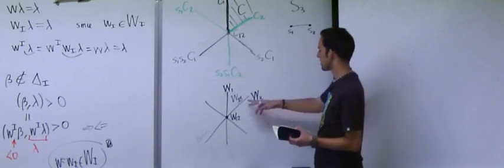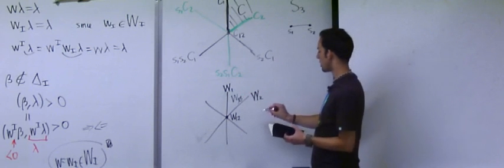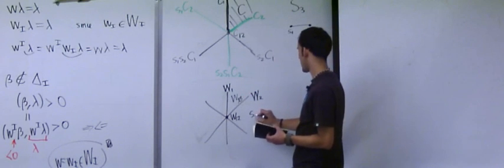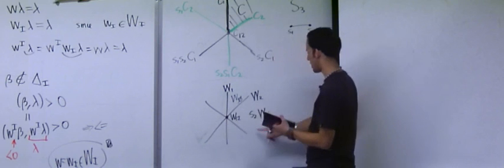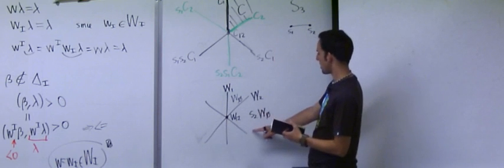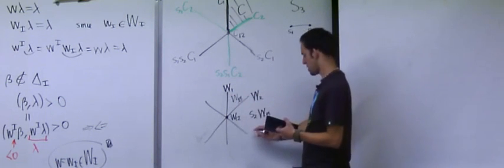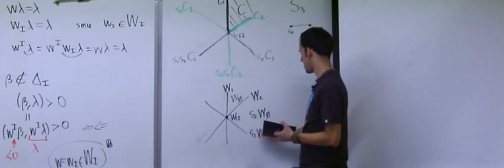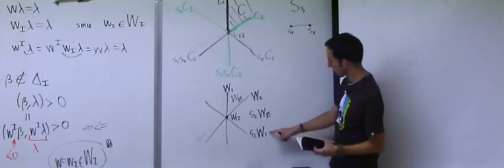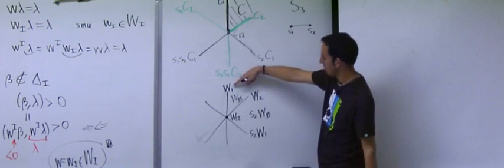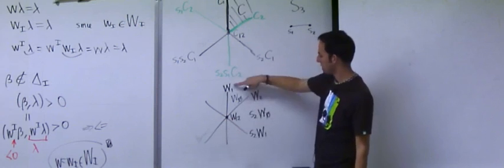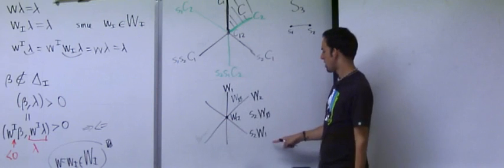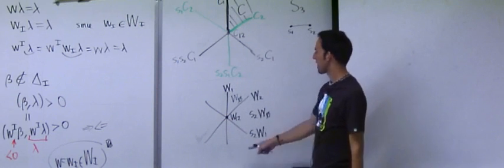Then it's just as natural to say, well, let me label this face by S2W empty, etc. For example, this one, I want to label it as S2W1, because S2 is this reflection, and this is W1. Okay, and so you see what I can do then is